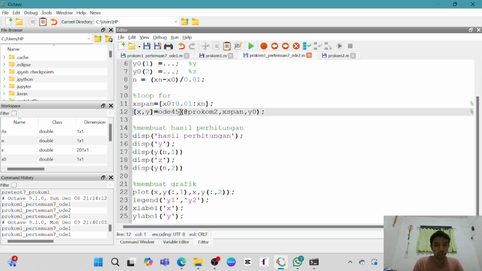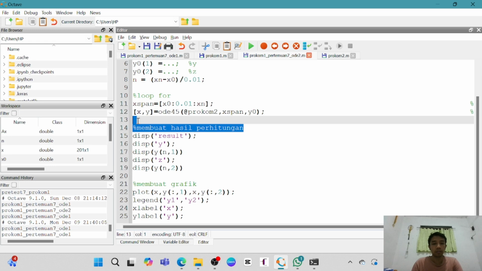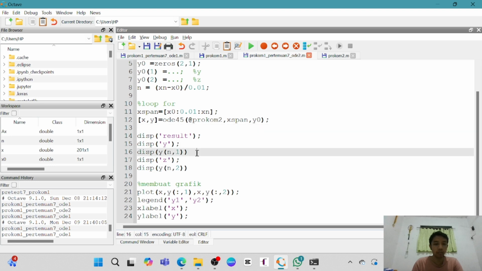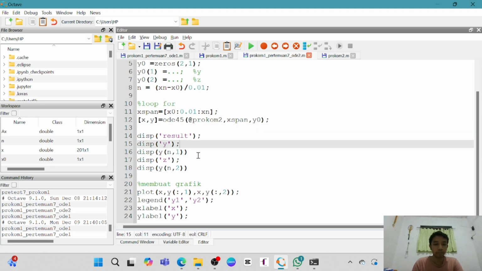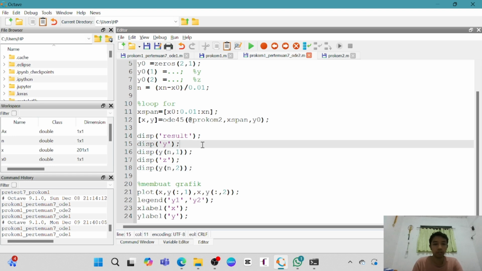This is the ODE45 function. Then we print the result. We print the result y and z. The y is this, and this is the z. Just write like this.